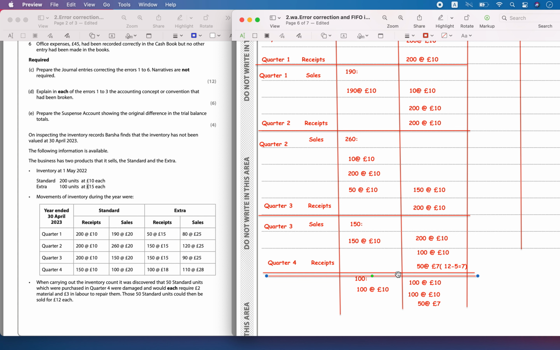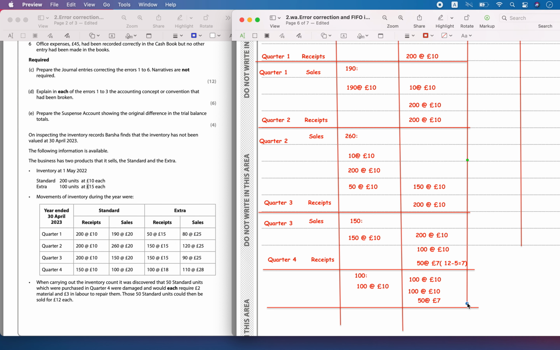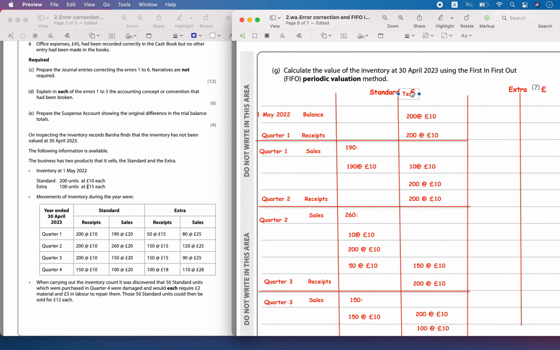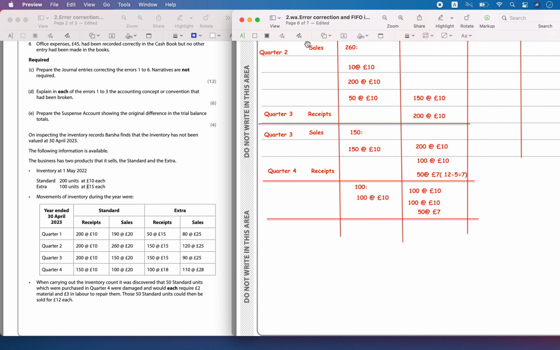Okay. So the closing inventory value will be equal to... the closing inventories are left with 100 at 10, 100 at 10 and 50 at 7. So let's write those values. Let's name this as balance inventory in the system. And now the closing inventory value will be equal to